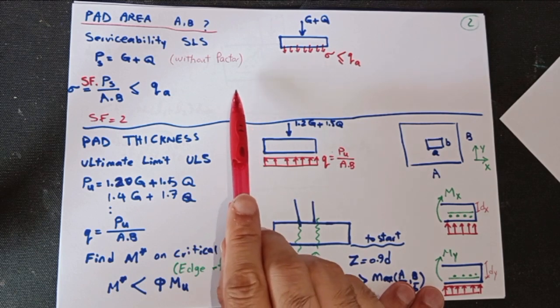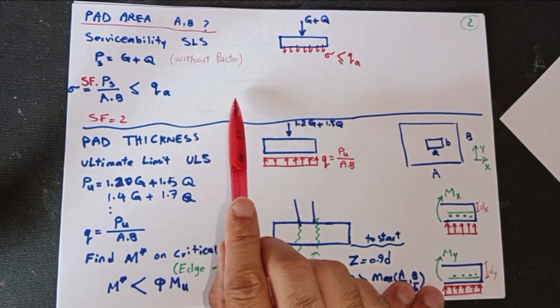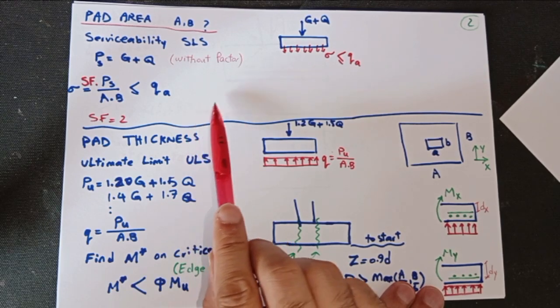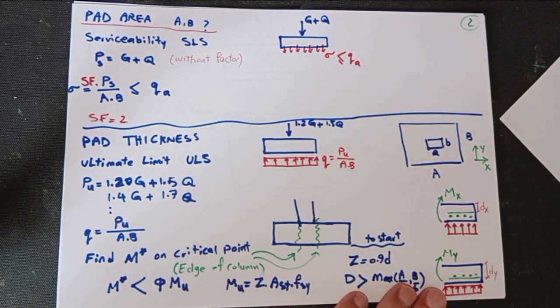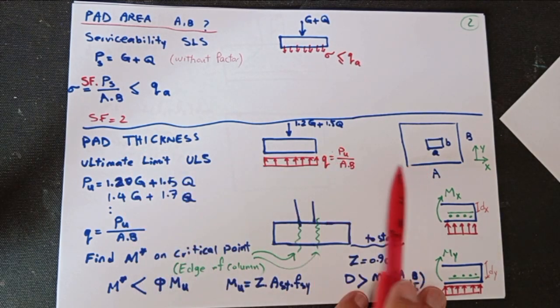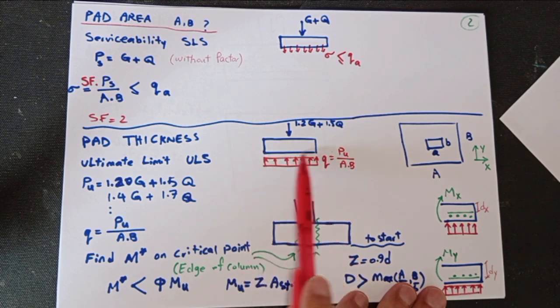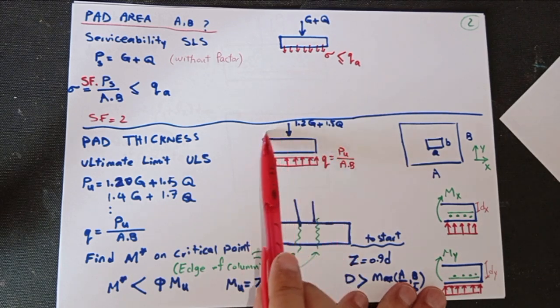I will have a very simple calculation for this one later on in this video. I'm going to have just general talking about the rules. The next stage is to define the thickness of the pad. We have the area of the pad, what's A, what is B, but we need to define the pad thickness as